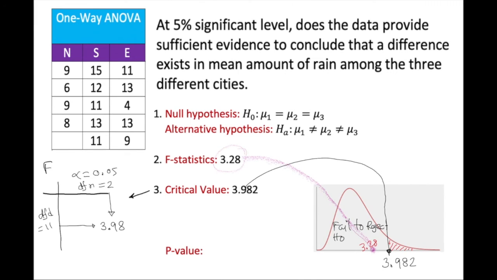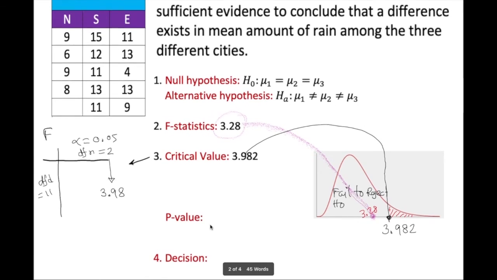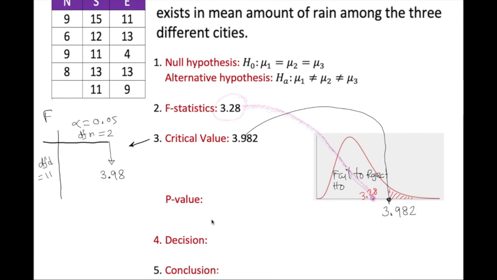Now, in order to find the p value, we actually use technology. That's the best thing, otherwise it's a little complicated. So I just use the technology and I found my p value is 0.076. So with that also,